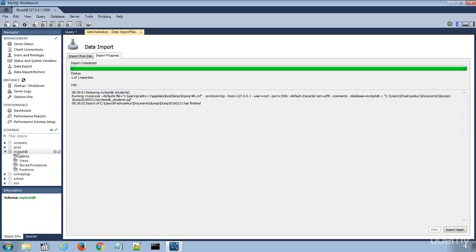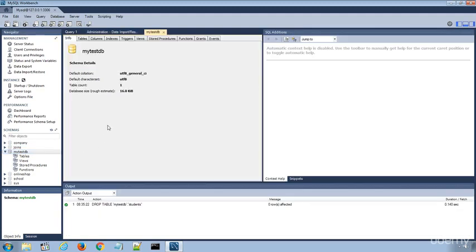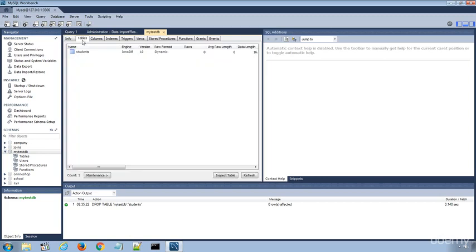Now again, under the Schemas option, go to the MyTestDB database detail and under the Tables tab, click Refresh and you can see the students table has appeared again.